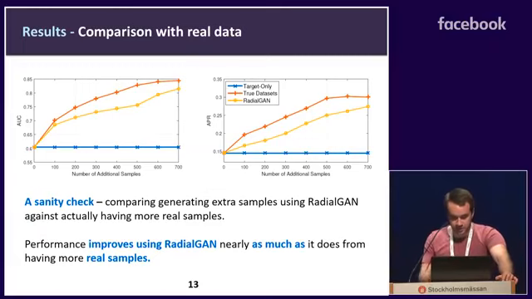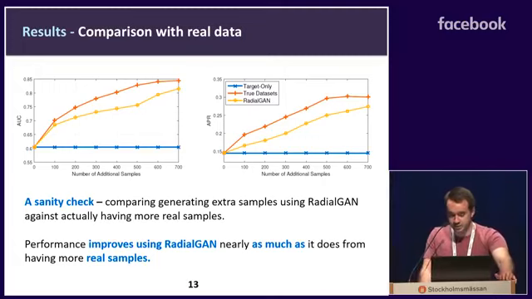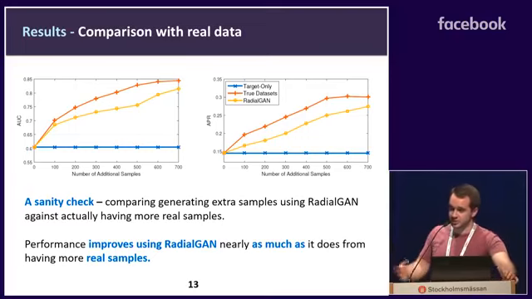And so the final experiment we ran is sort of a sanity check, if you like. The two graphs you see here are the AUROC and AUPRC of our performance, and the yellow line indicates our performance, and the blue line indicates the baseline if we just had the fixed 500 samples. And what the orange line represents is if we'd simply taken more samples from the real data. As you'd expect, this is the best we can possibly do. We can't hope to generate synthetic samples that improve performance better than just getting real samples. The gold standard of synthetic samples is something that does as well as this.